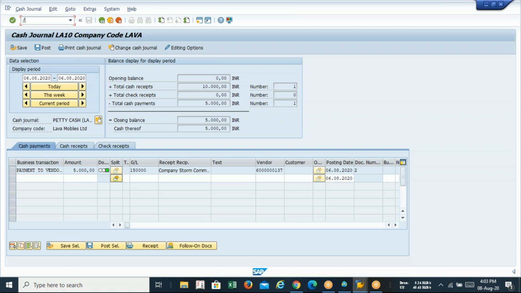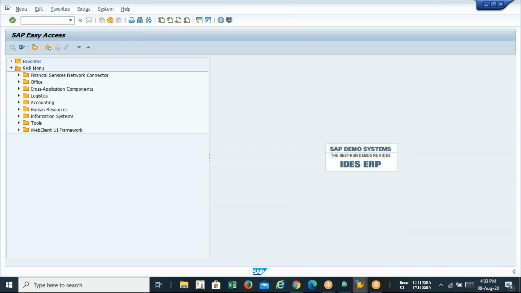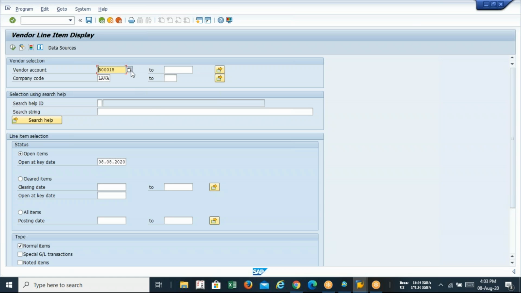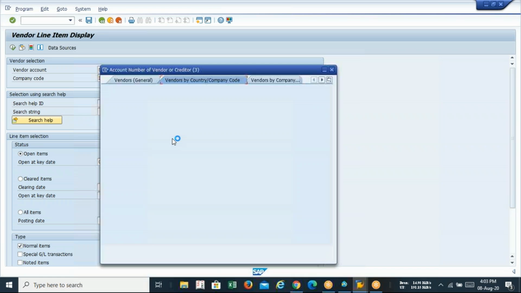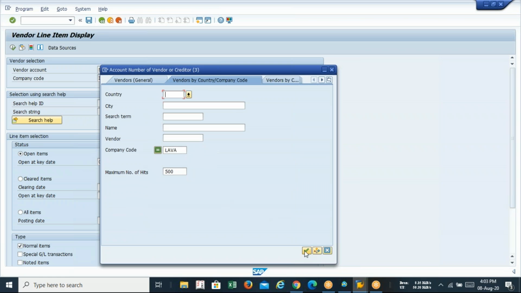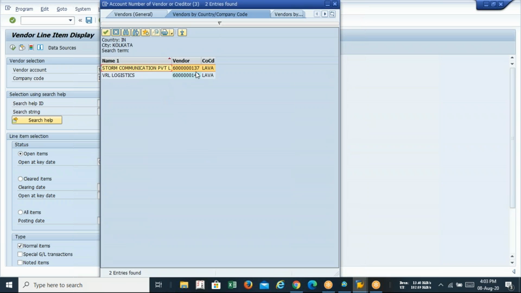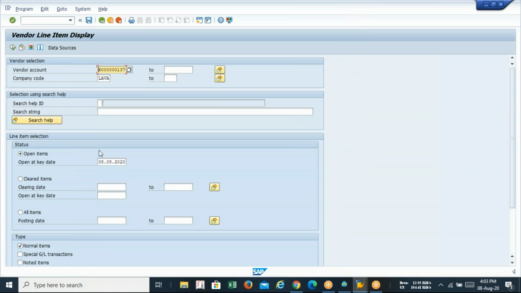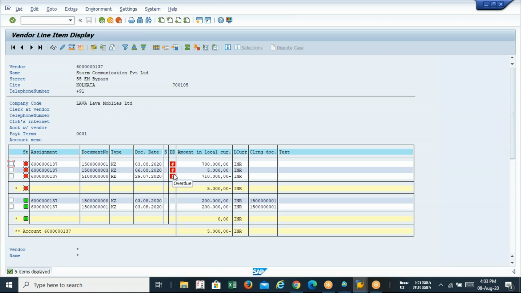First I'll check the line item display. Can you tell me the T code for line item display? It is FBL1N, to check the line items for your vendor. If I check the balance of Strong Communication, the line item is not getting affected by this transaction.